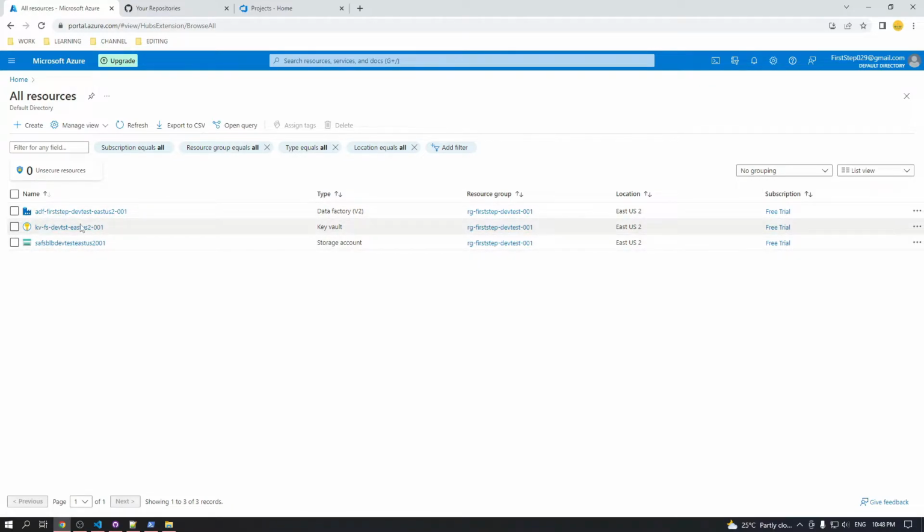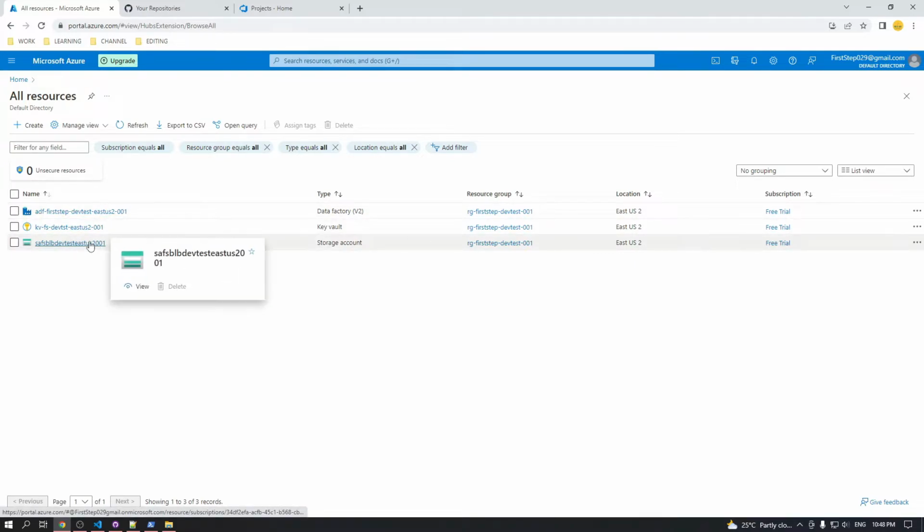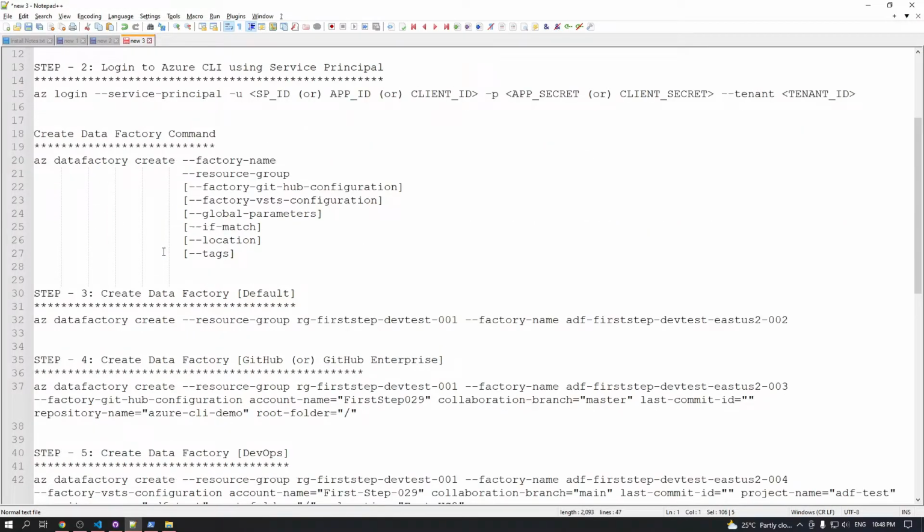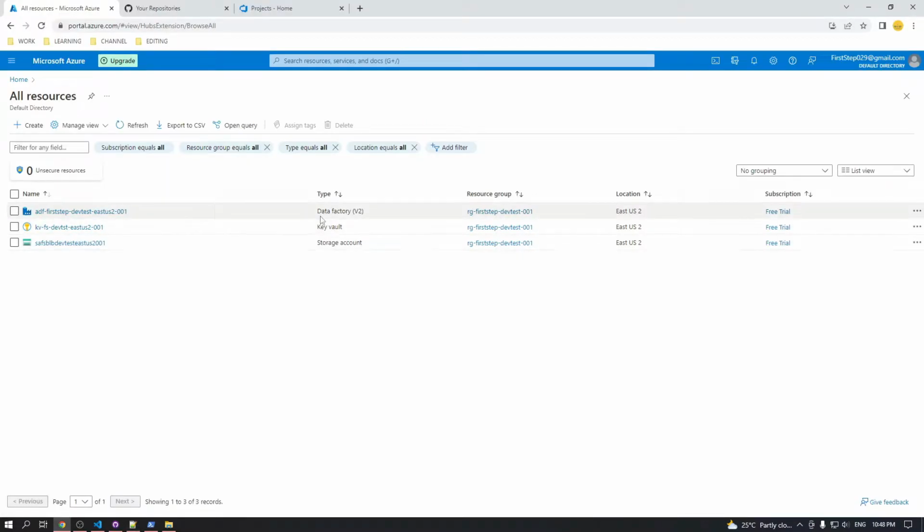I do not have any resources other than one data factory, one key vault, and one storage account, which again follows the same naming convention suggested by Microsoft. Okay, now we are going to create the Azure Data Factory resource in multiple ways in the same resource group and same subscription. But before creating this, let us take a step back and understand what this command line interface